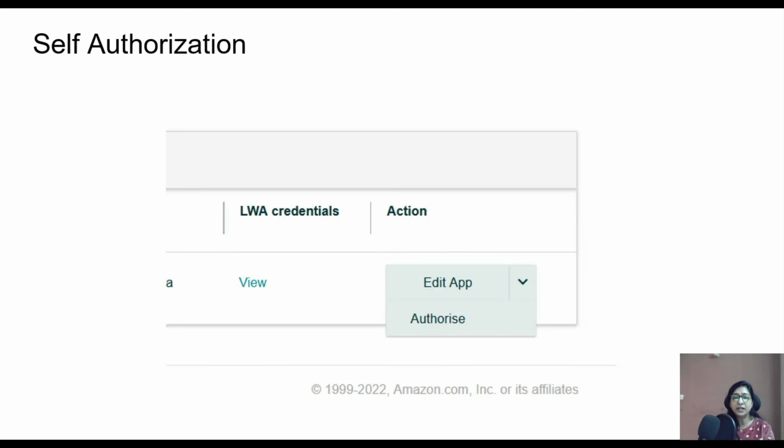After you have created this app over here, you have to self authorize yourself, so that once you self authorize, only then it is available. There is the token that is generated. You can access the API using this authorization. So this self authorization step is very important before you proceed.